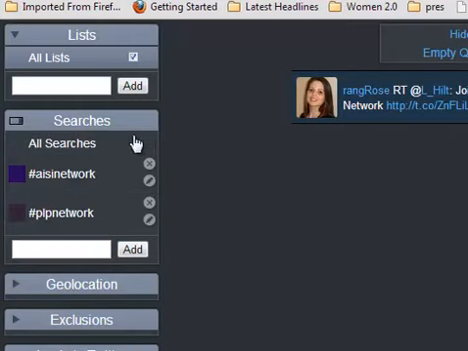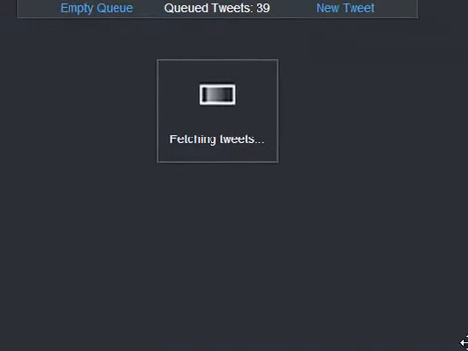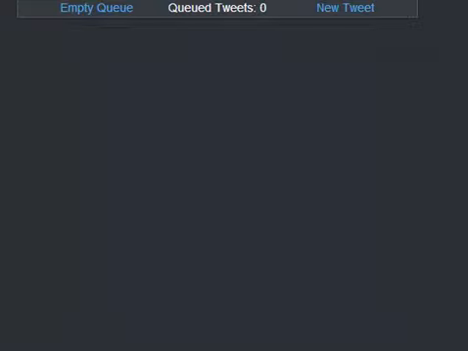Now once I do that, I'm going to want it to search both of those terms. And so what'll happen is it'll come up in this list right here, it'll start to put the tweets that are for those two searches. Okay? So I'm doing those two searches and I'm telling it I want it to go. The other thing that's kind of important is that you can actually control the speed of your tweets, and you can tell it that you want it to go at a certain speed. So the first thing I'm asking it to do is to search AC Network.